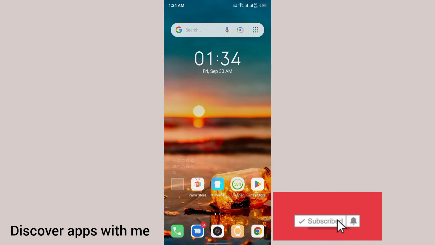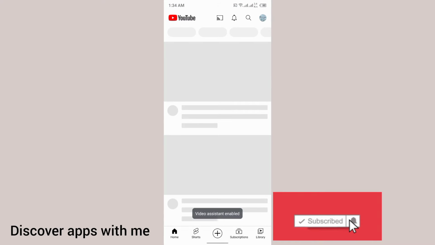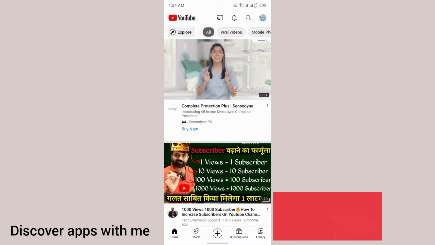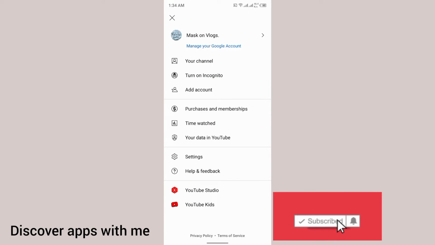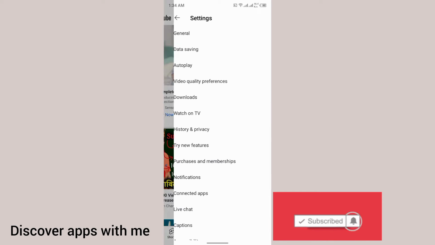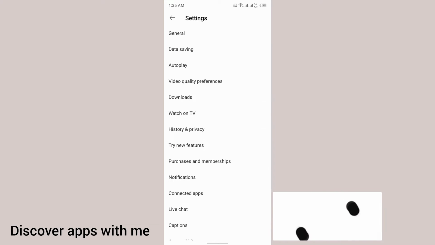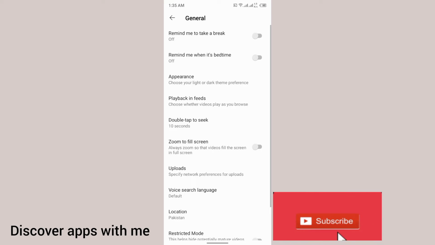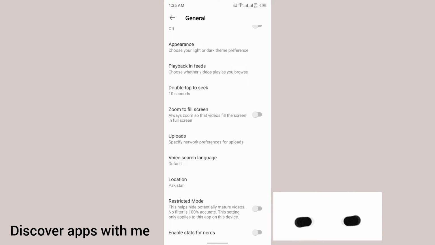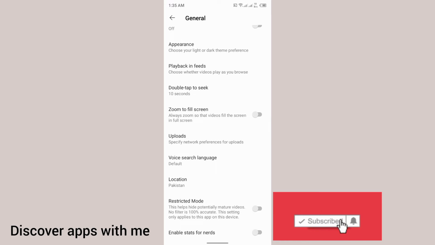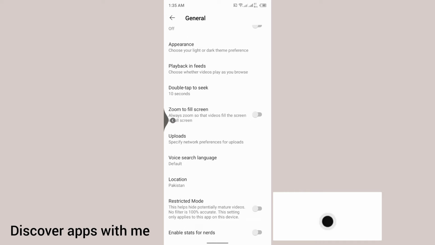For this, you have to open your YouTube app and click on your channel icon at the top right corner. There you can see the option of settings. You have to click on it and click on general. There you can see the option of restricted mode. You have to make sure to toggle it off. If it is turned on, then you have to just turn it off. Once you turn it off, you have to come back